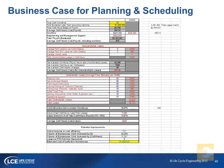The top section, if you will, that's our workforce. So that's sort of the math that comes into it. That's how many people we have on staff, what's their annual salary, what's the supporting group in the maintenance. That includes salaries for our storeroom people, any of the maintenance engineers, reliability engineers. That all is thrown into the maintenance budget as well. So if you see one of the lines there, it says average hourly rate, in this particular example, was $42.32. That's not exactly how much we pay the maintenance technicians, or that's not exactly the cost to the organization